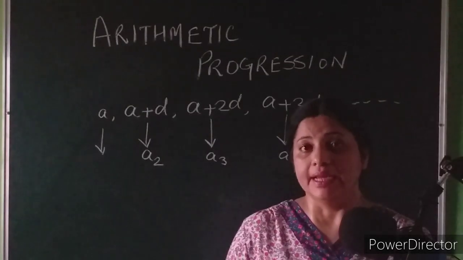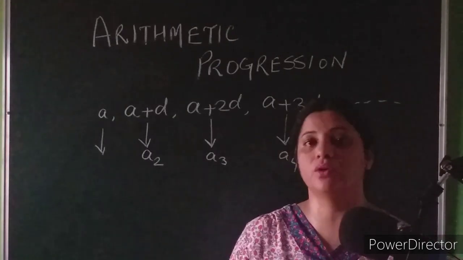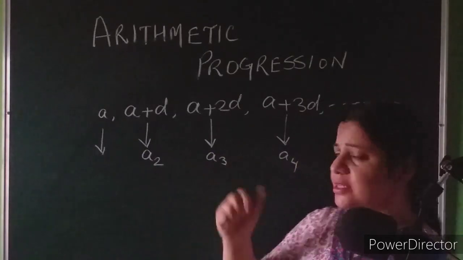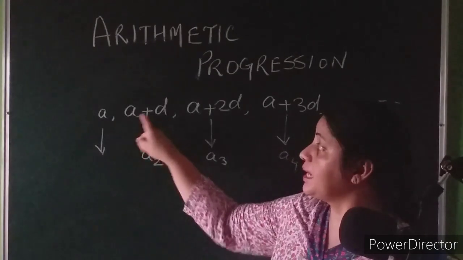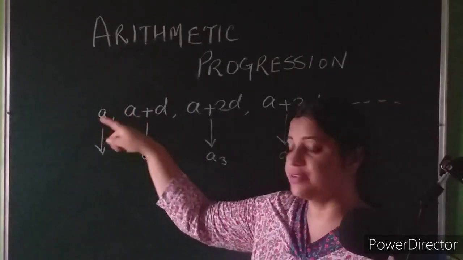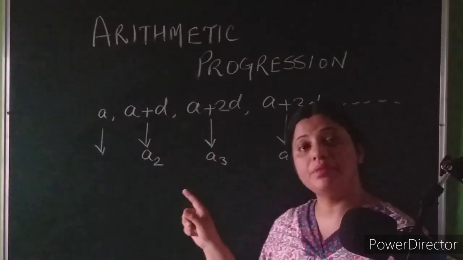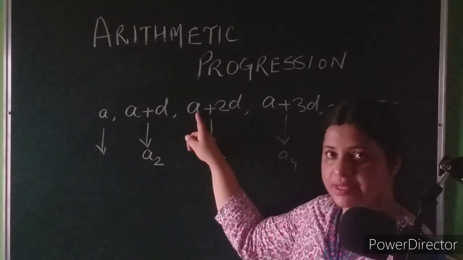And so on. So if this is the rule to be followed in order to write all the terms here, can I write it like this? This is the first term A, this is the second term A plus D. I just told you how we get the second term, by adding the common difference to the previous term. Then how to get the third term? The third term is A3, obtained by adding 2D to the first term.